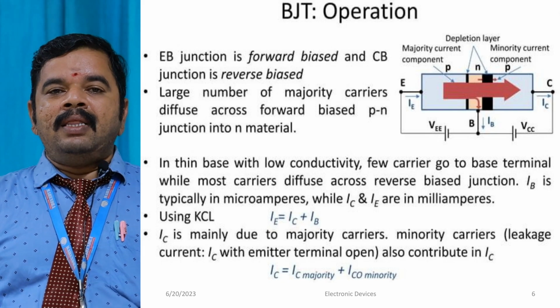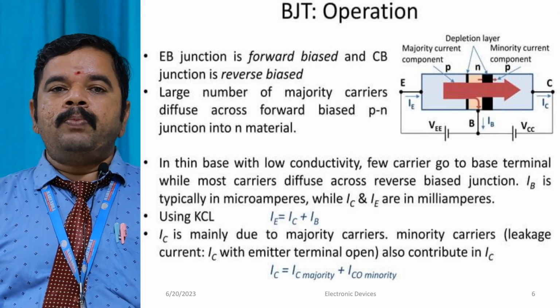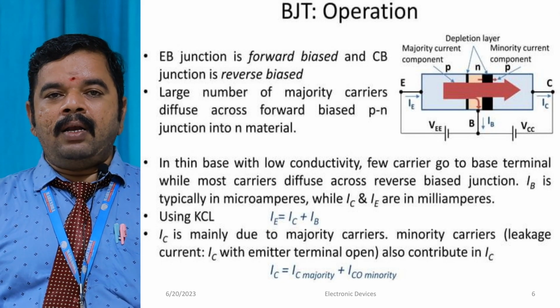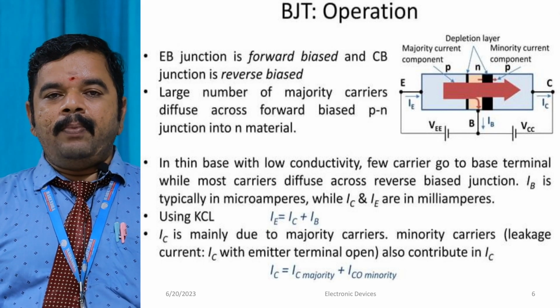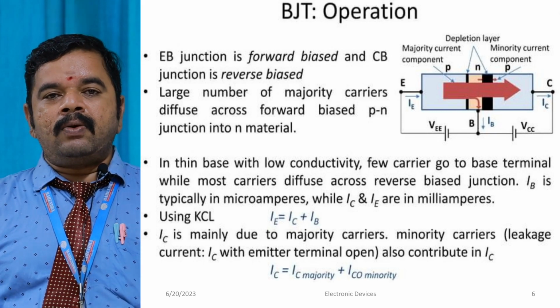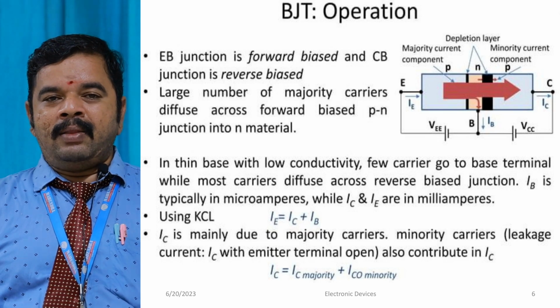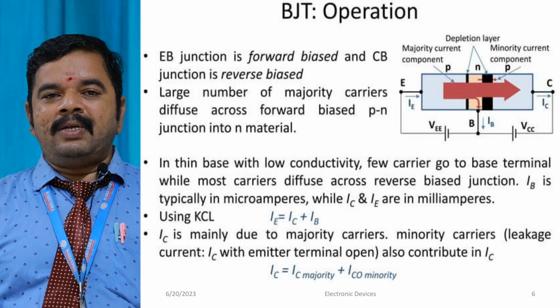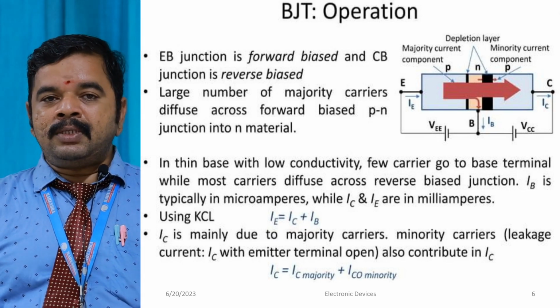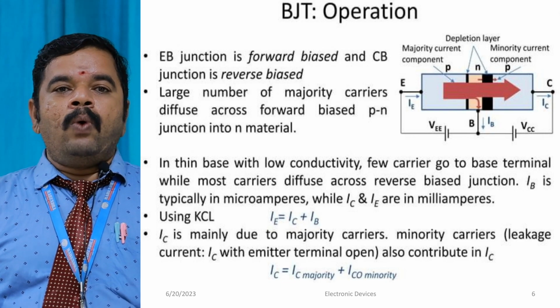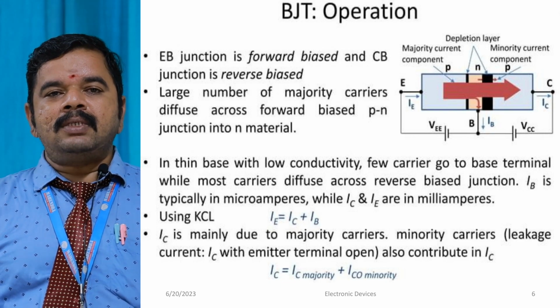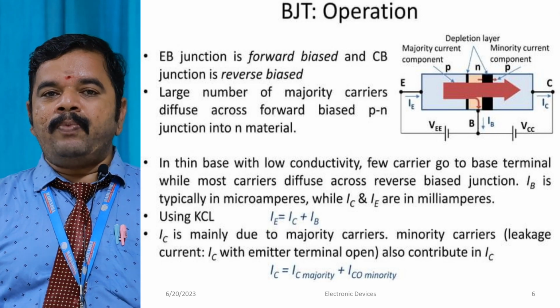Forward bias means the depletion region will be very small. So what is actually forward bias? The P will be connected to the positive, N will be connected to the negative. Due to that, since they are the same charges, repulsion will take place. Due to that, the depletion region width will be reduced. While the depletion region width is reduced, what we have to conclude is the resistance will be very small